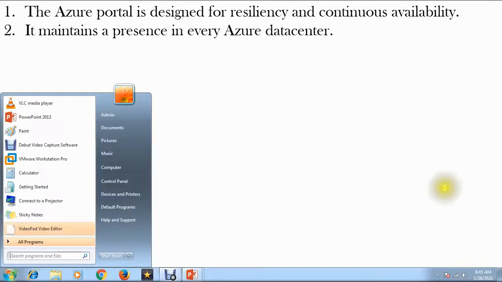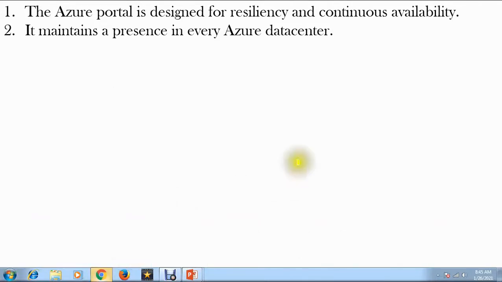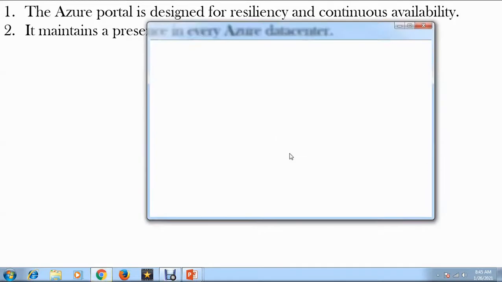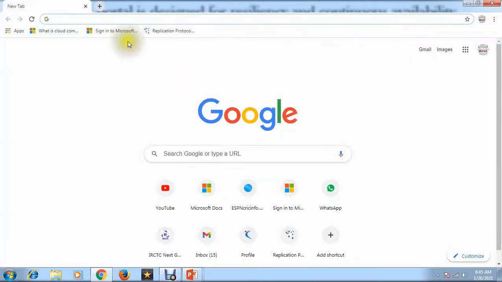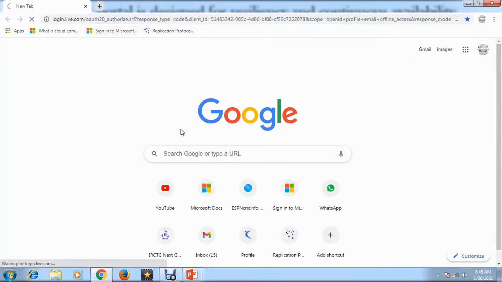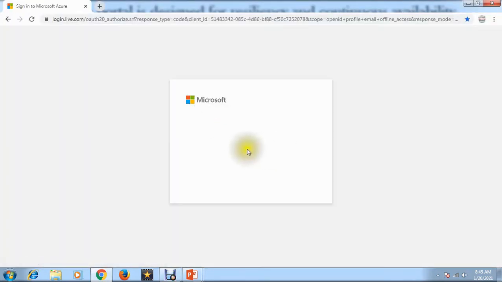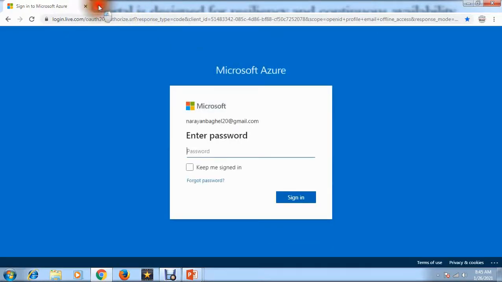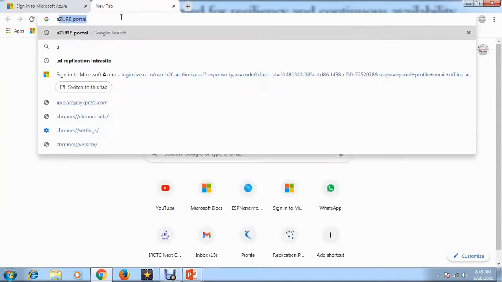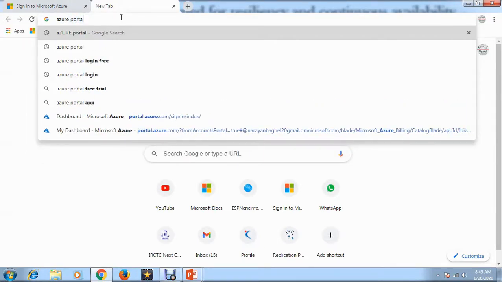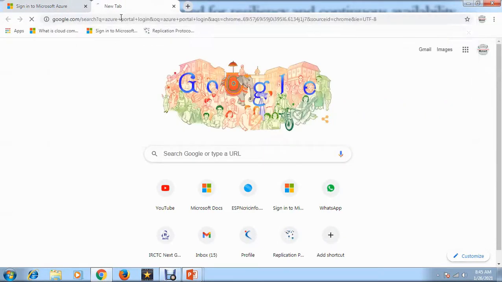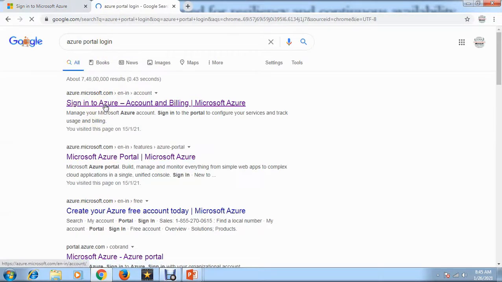Let me show you what it actually is. In my previous videos also I showed you how to log in. This is Azure portal basically. Even if you search here for Azure portal, you will get the Azure portal login, so you can get it easily.